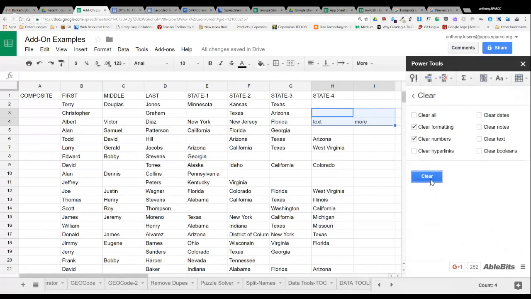Magically, both of our numbers went away and all of our different colors went away. So clear is a great way to go in and clean up something that's messy and remove different things from it. I know quite often you run into the case if you put in a link,